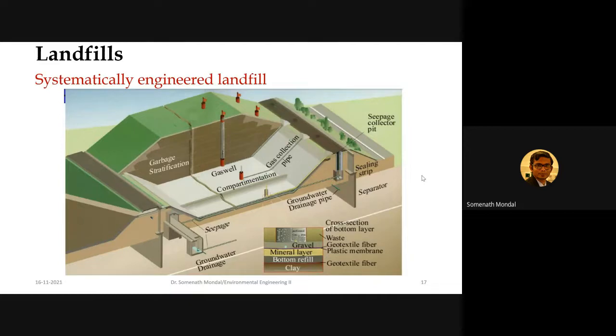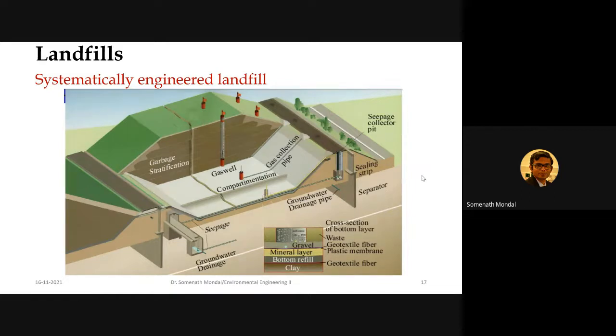It is a very, very cost exhaustive process, and usually we don't prefer to do that, and hence we try to avoid that by creating an isolation, by providing such a liner, which is a multi-layered material of different types of components, and that can ensure that nothing leaches out from the